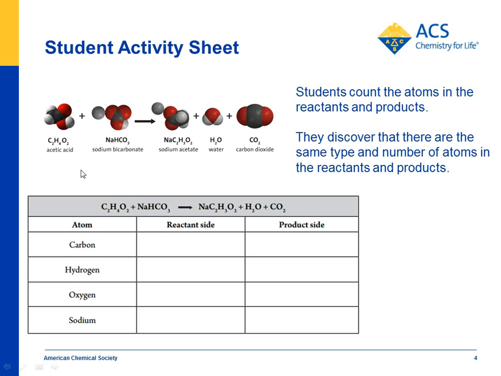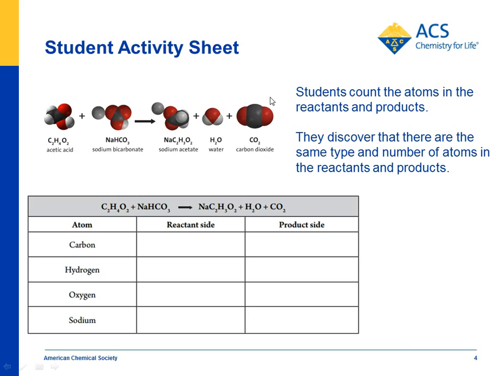And at this point, you can look at the equation for the vinegar and baking soda reaction. Vinegar is acetic acid, and the baking soda is sodium bicarbonate. And when those react, you get a salt called sodium acetate, water, and CO2. So if you showed this equation to students and asked them what they notice when they react vinegar and baking soda, they notice that there's a gas, and you can ask them what that gas is. And if they look at the equation, it's carbon dioxide.